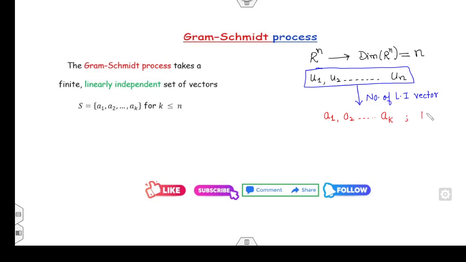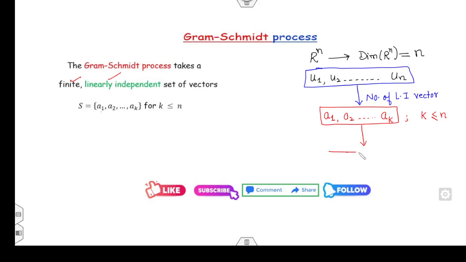What is the value of k? K may be less than n or equal to n. Fine. Your first target is to find the number of linearly independent vectors from the given vector space. Once you can find the linearly independent vectors a1, a2, up to ak, which are finite and linearly independent, then we